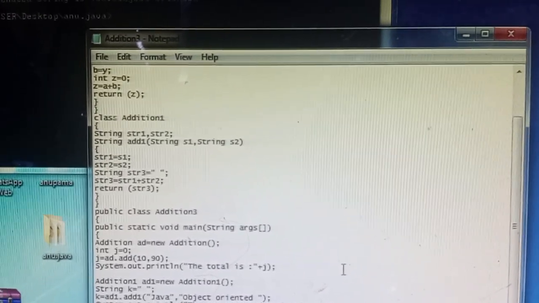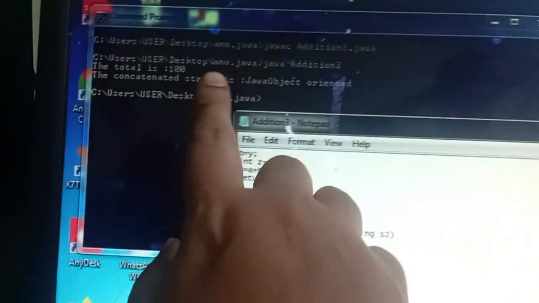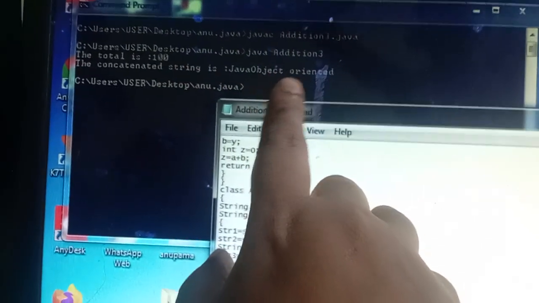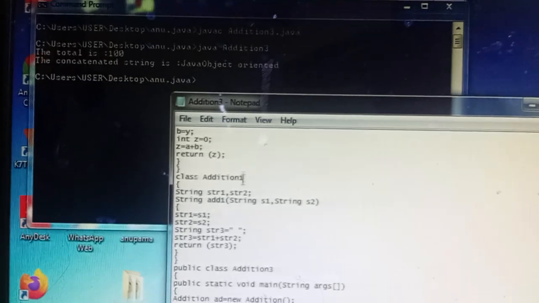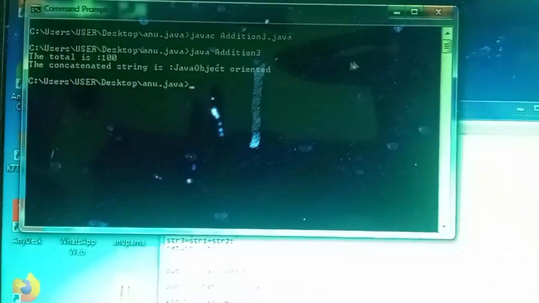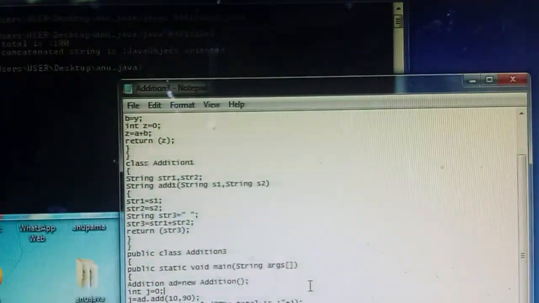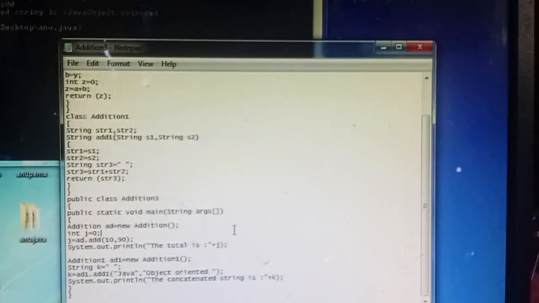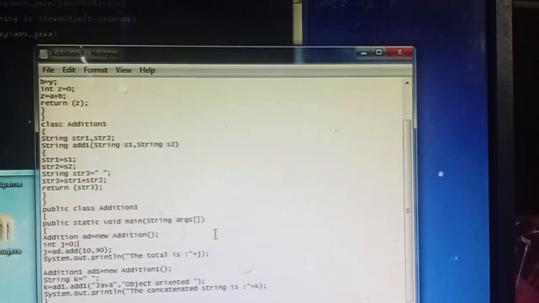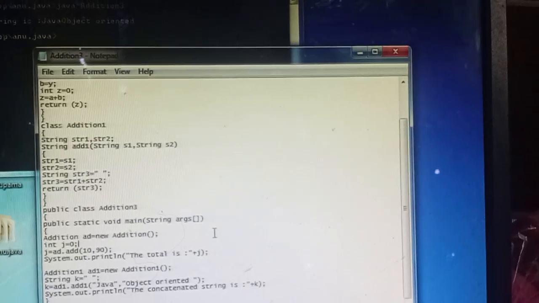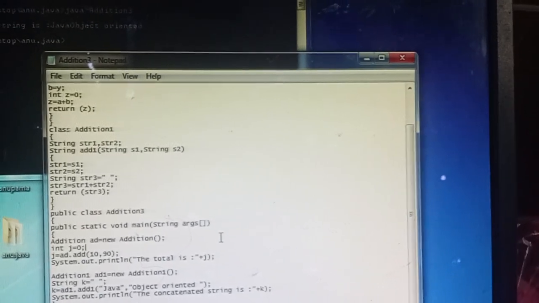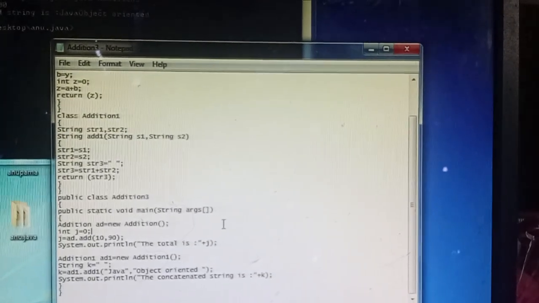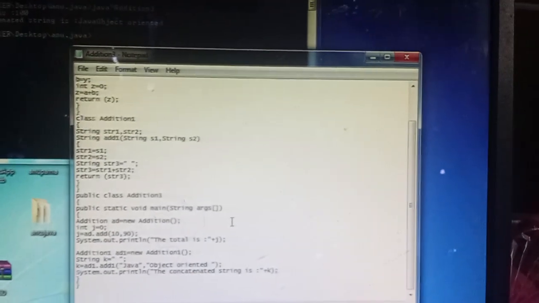We got 100 there, and this is the concatenated string. Like this we can have many classes, and using the object we can access the functions in the classes. If you have any doubts, say so in the comments section.